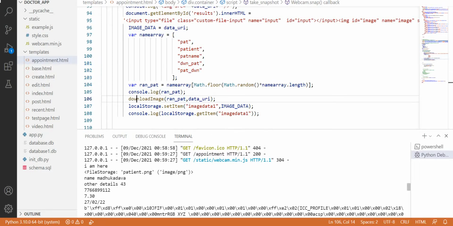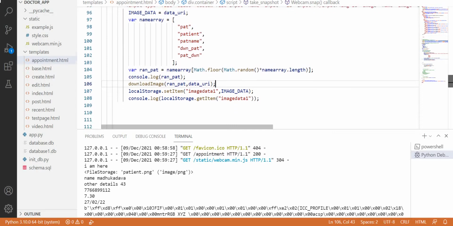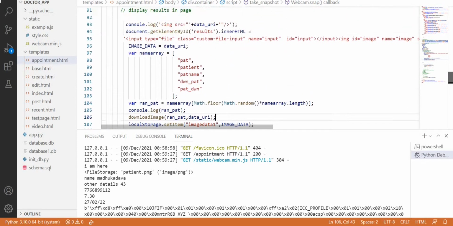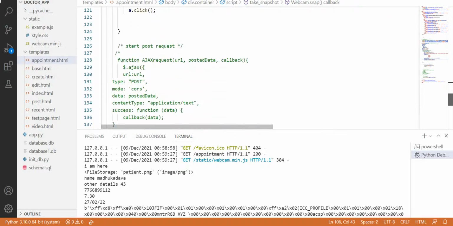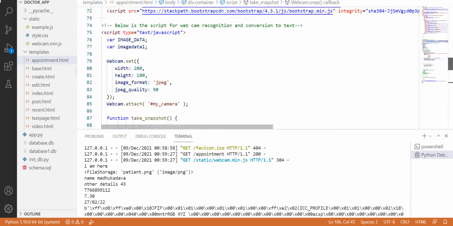This gave a lot of work, because I was planning to get the base64 URI initially and then send it to Python. Then I thought that's going to take a lot of time, because I'm not able to post the Ajax request at the same time as the Python post form.